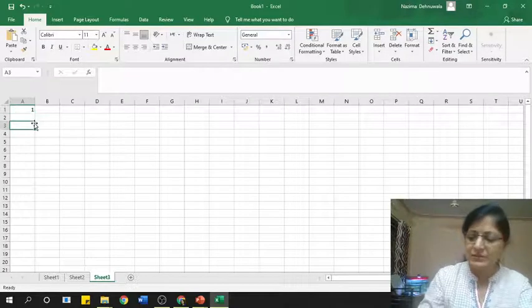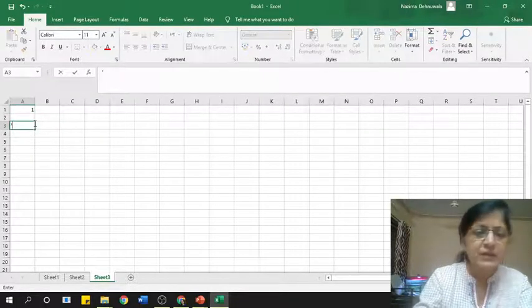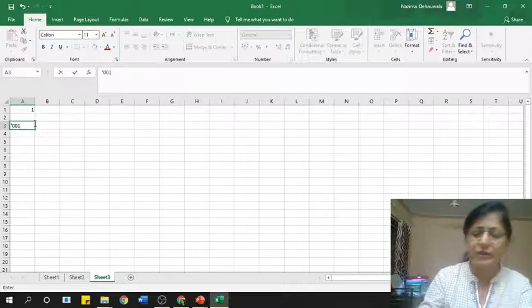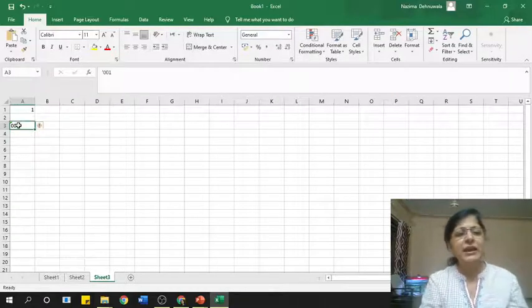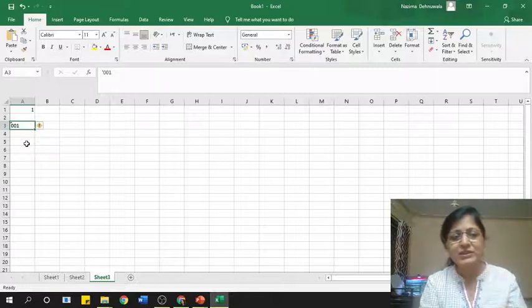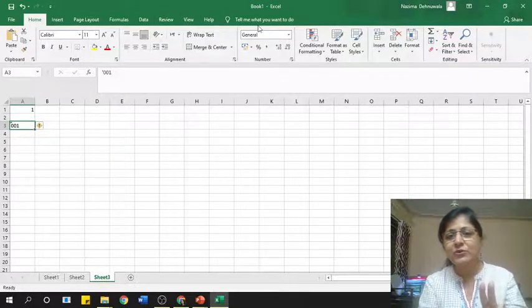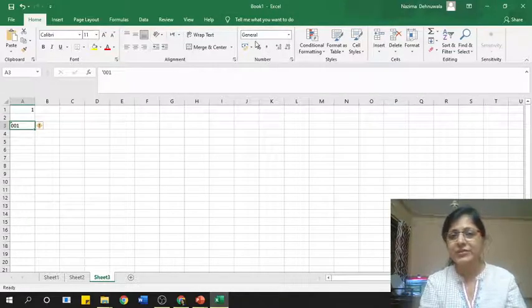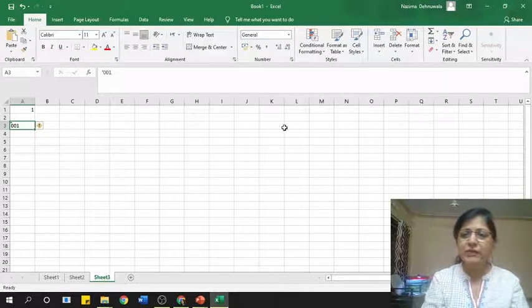So suppose I put a single apostrophe here, and I type over there 001 and press enter. Now as you can see, it is showing me the 001 because it is not a numeric entry. It is taking it as a text entry. And how do I know that it has taken it as a text entry? There are two indications. One indication is that it has aligned this data to the left of the cell. The second indication is that if you look in the number group over here, on top it is showing it as a general entry. Okay, so this is how it will work.